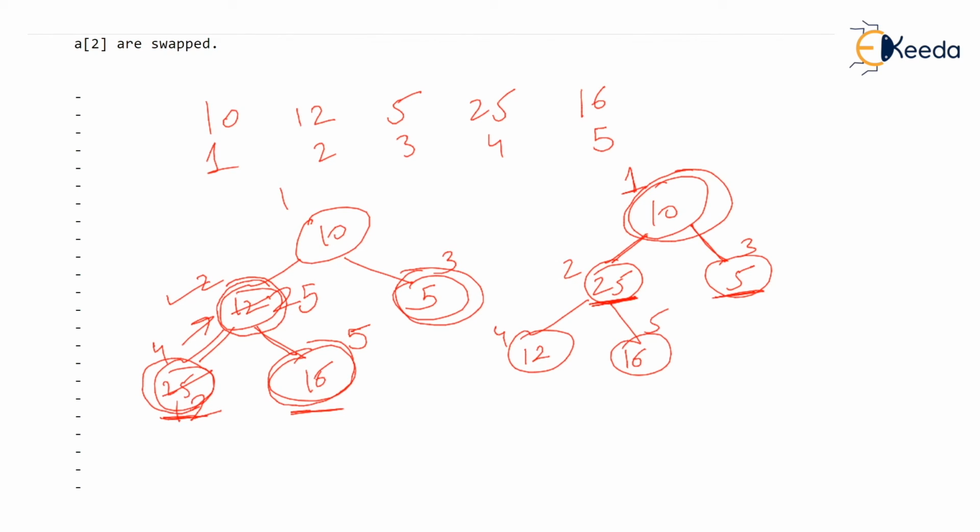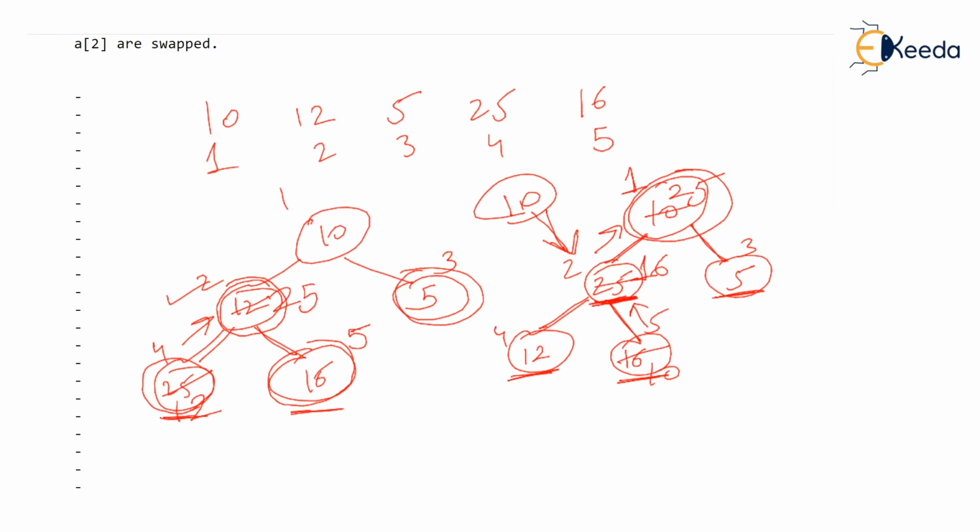25. And look, 25 is greater than 10, and we want a larger value at the parent, so 25 shifts up. Now don't be eager to put that 10 at node number 2. Before you put that 10 at node number 2, check the children of this node number 2 and find out the largest child. The largest child is 16, and 16 should occupy this place because 10 is smaller than 16 and a larger value should be at the parent. And now finally this 10 will go at the fifth place.